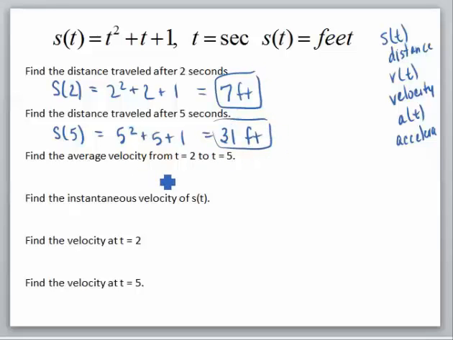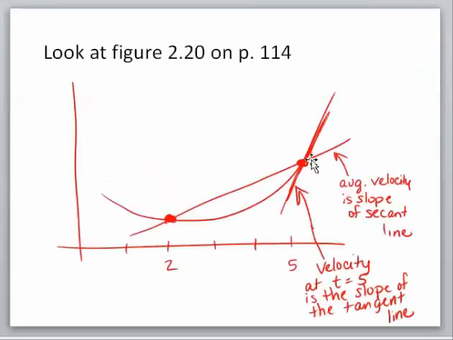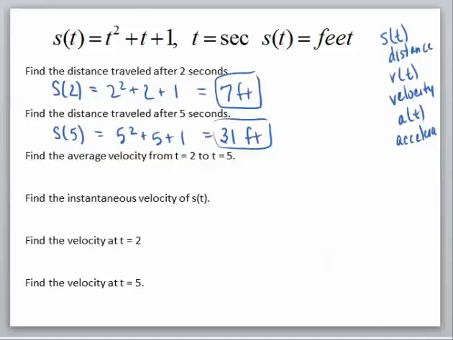Then it asks you to find the average velocity from 2 to 5. Average velocity is, remember, the slope of the secant line. So we're really just looking at finding the slope between 2 points. So the 2 points that I have for this would be (2, 7), remember the distance at 2 is 7, and the distance at time 5 is 31, so (5, 31). So you can describe the average velocity to be,